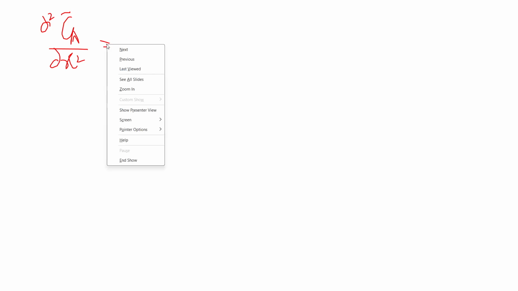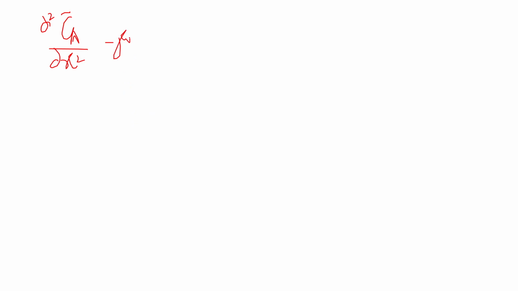Then you get an equation like this, and you know the solution for this is of the form CA bar equal to